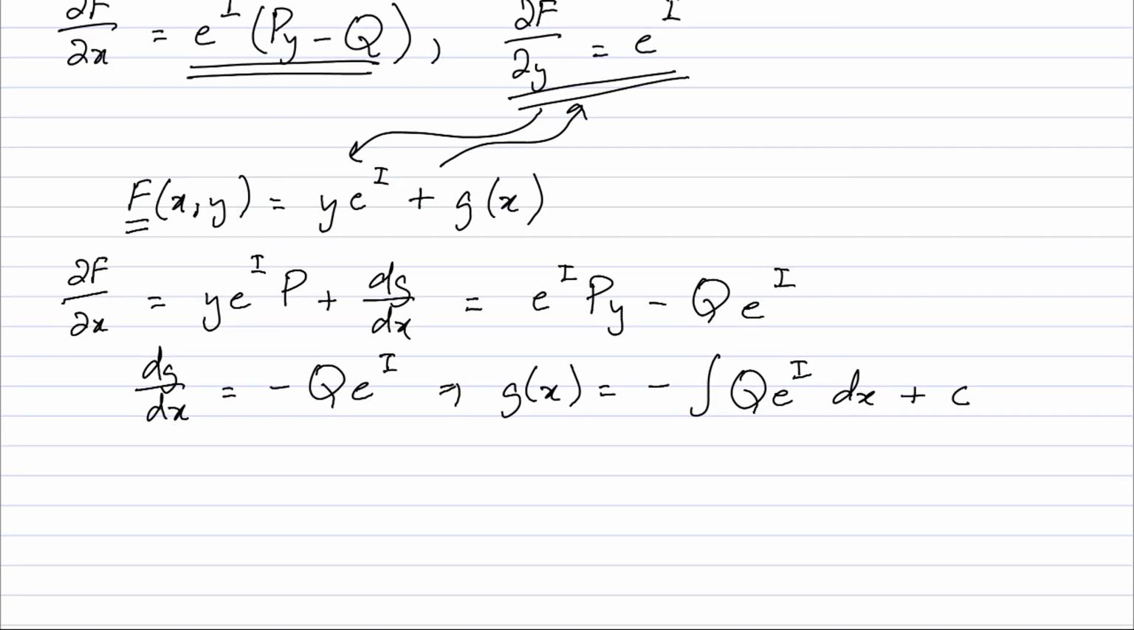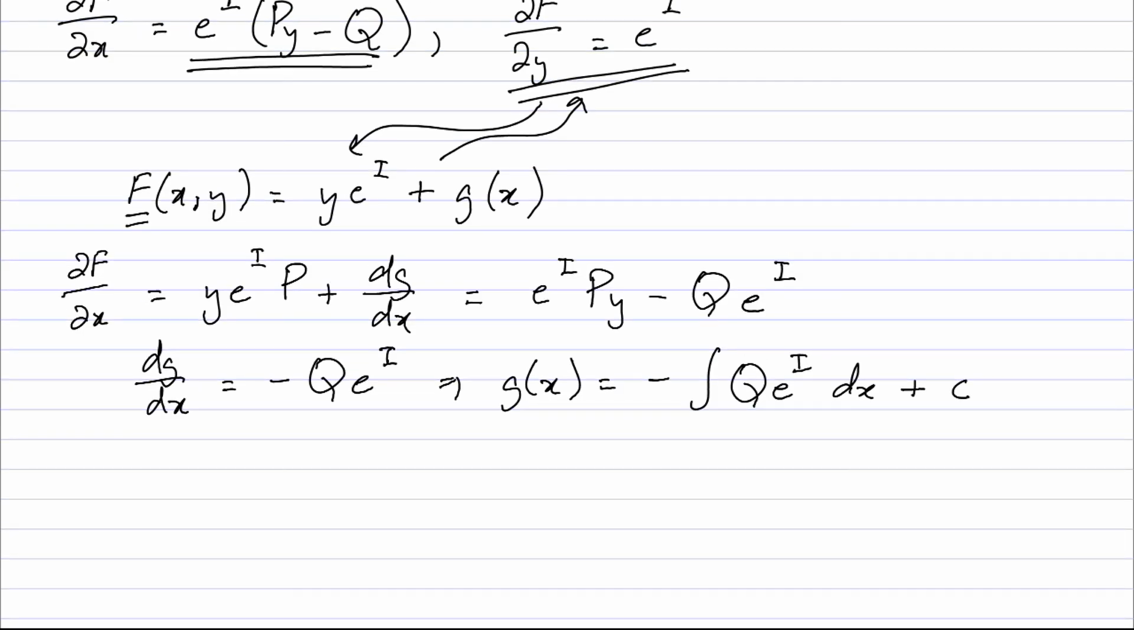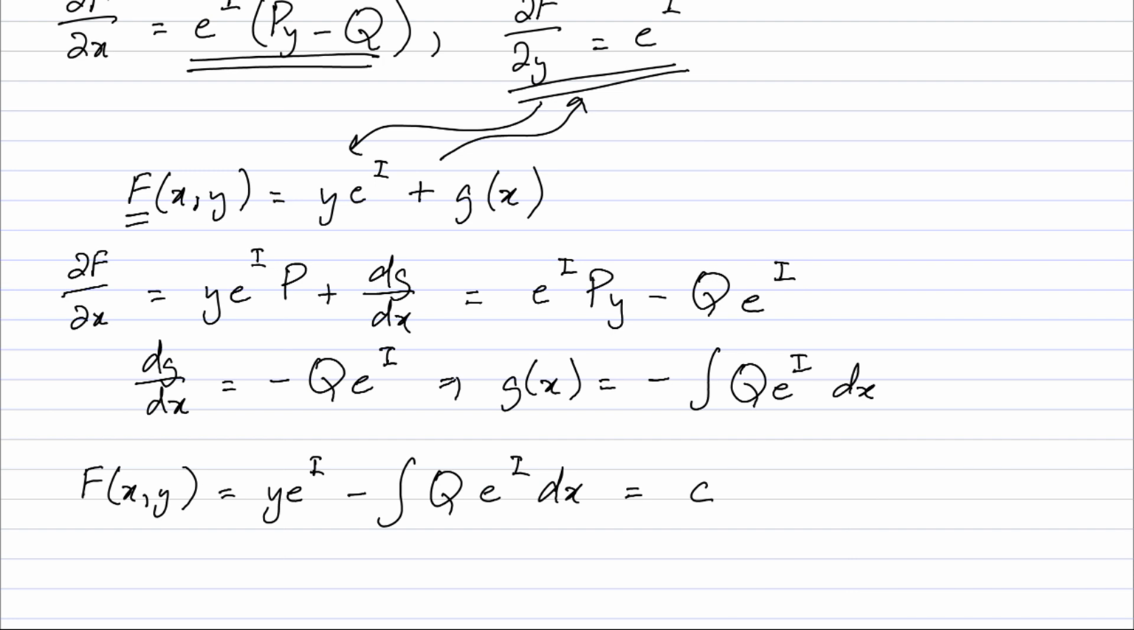Which I don't need, because I'll be setting capital F equal to a constant anyway. So you don't really need this. So essentially what we have then is that F of x y is equal to y e raised to power I minus the integral of q e raised to power I dx, and this thing is equal to a constant, because we know that